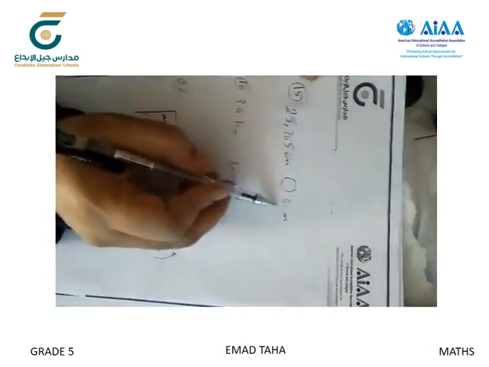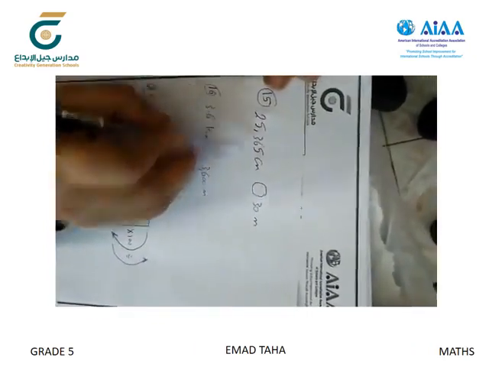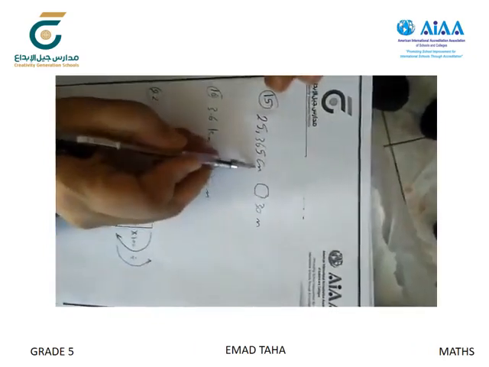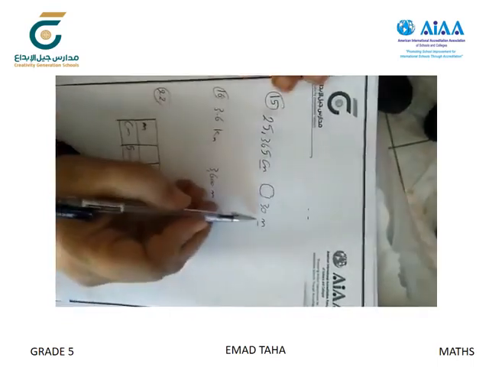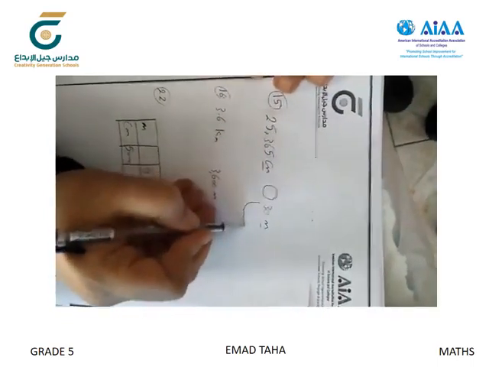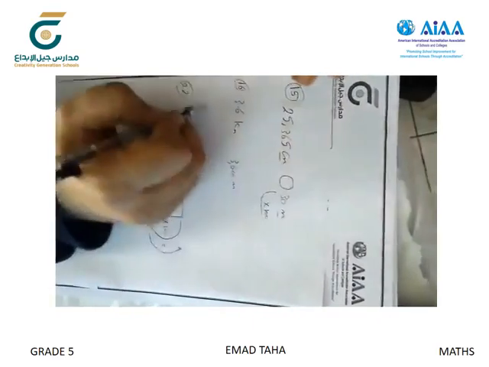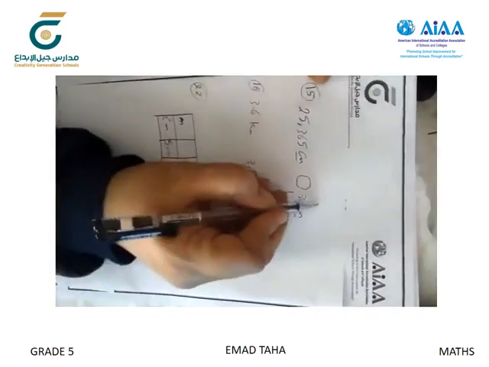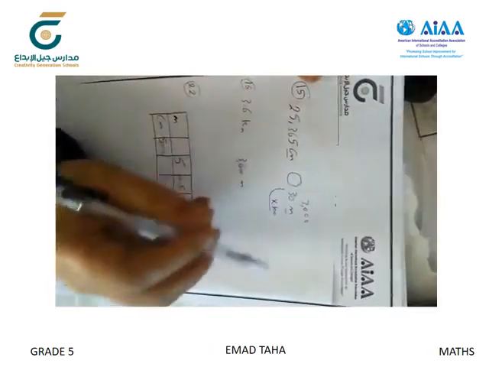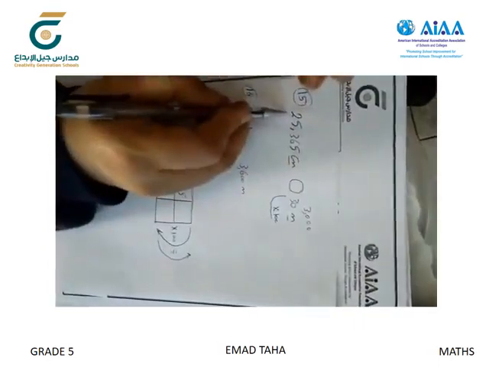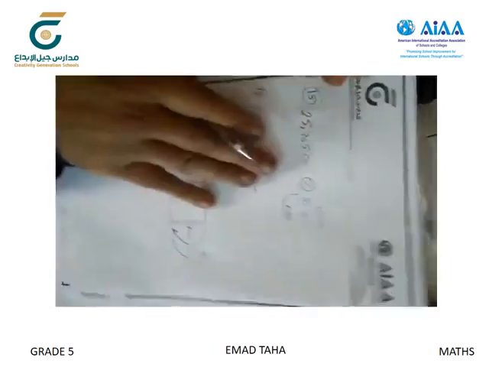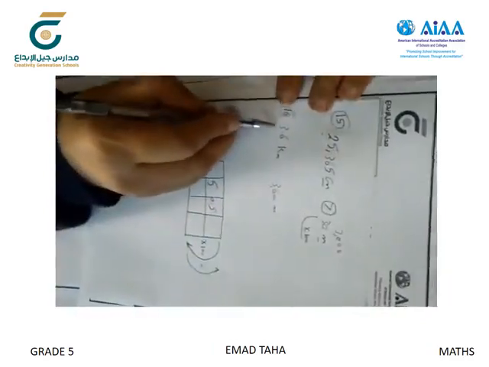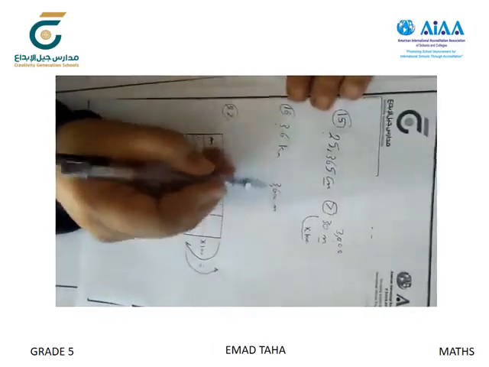To compare two measurements, they must have the same unit. Okay. Now we have centimeter and meter. Convert from meter to centimeter by multiplying by 100, because 1 meter equals 100 centimeters. So 30 will be 3,000, which is greater, 3,000 or 25,000? Yes, 25,000. The same one, 3.6 kilometers and meters.